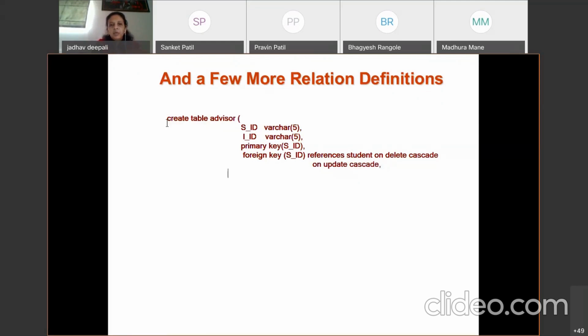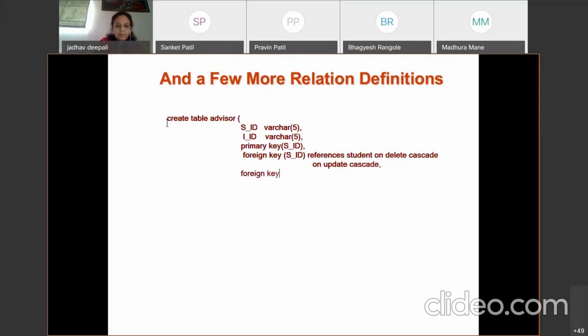Here is the confusion among the students. If there are multiple attributes as a primary key, we use them with a comma: primary key SID, comma IID. But for foreign key it is not allowed. Why? Because SID refers to the student while IID refers to the instructor. And that's why we need to use a different foreign key constraint.